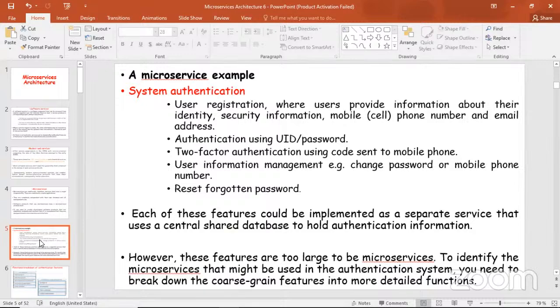To identify the microservices that might be used in the authentication system, you need to break down this coarse-grained feature into more detailed functions. So you may have a feature, for instance, like print. If you need to print a document, right? So you could break print into different